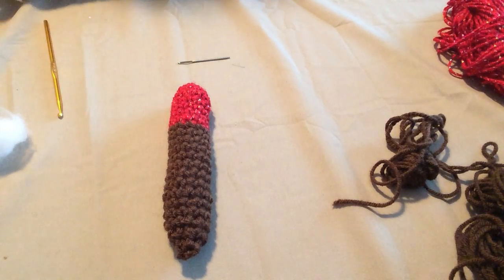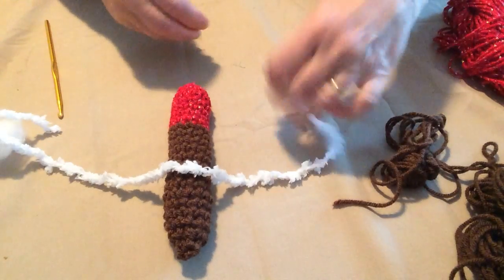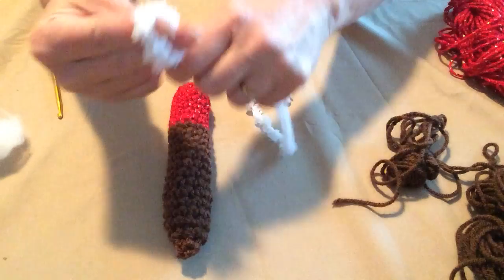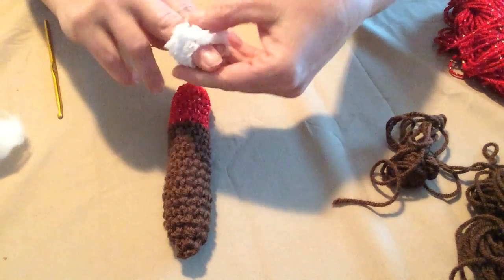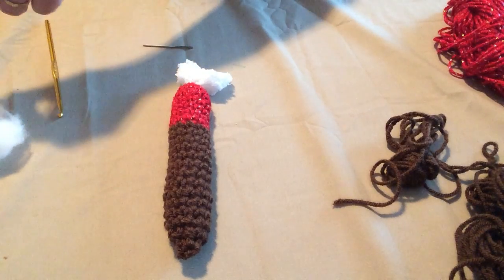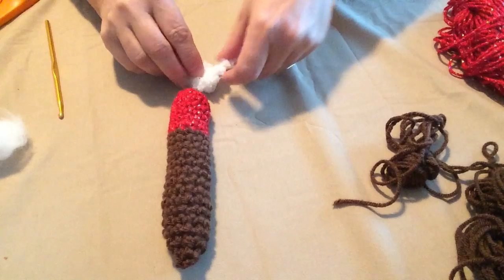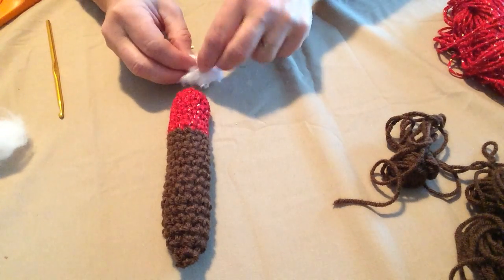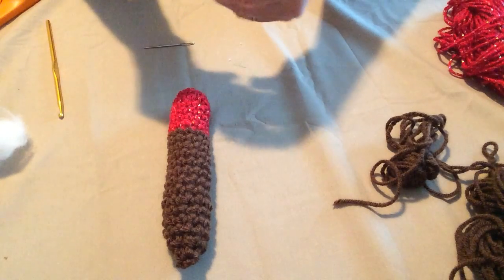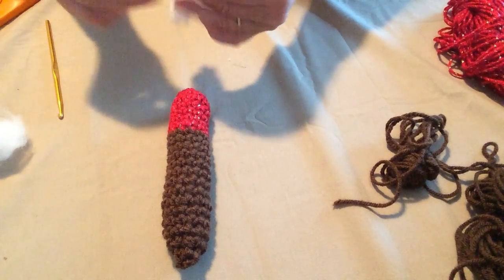All right, so the first thing we're going to do is work with our fuzzy yarn. Okay, so we need to make a little pom-pom for the top. So we're just going to wrap it around our fingers like this. Just like that. And then take another little piece and just tie that around. Nice and tight, but not too tight because this yarn can bust on you. And then I just take both pieces,